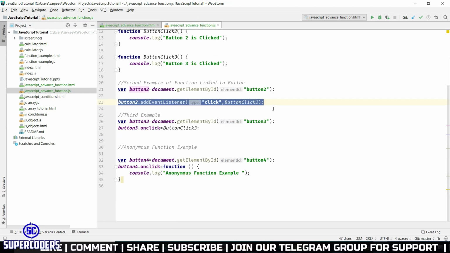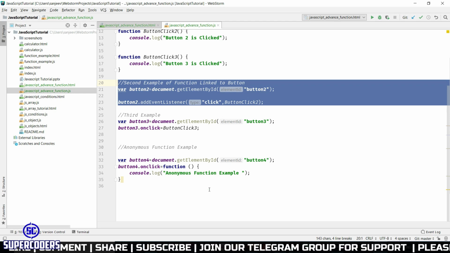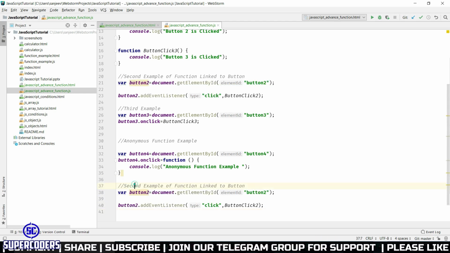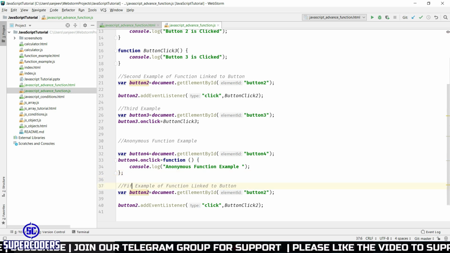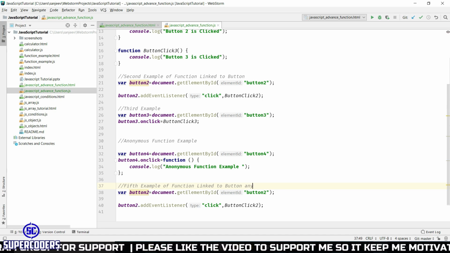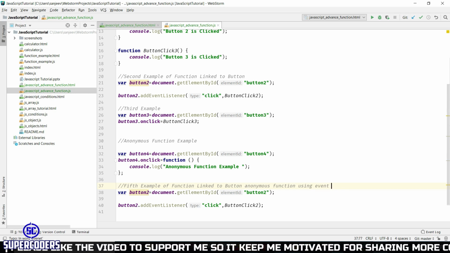So copy both of these. Also add a semicolon because this is the end of a statement. So the fifth example of linking a function to a button: anonymous function using event listener.